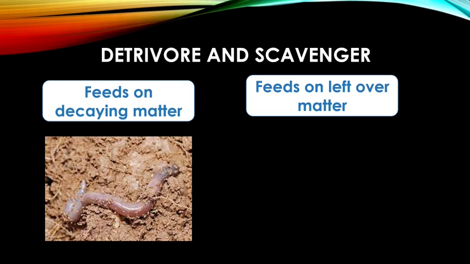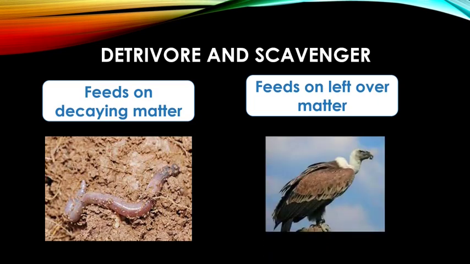It will convert these complex organic substances in the soil into simple inorganic substances, and therefore we say that the soil in which earthworms are raised is rich in nitrogen, phosphorus, potassium and different types of minerals. So detritivores like earthworms feed on the dead decaying matter present in the soil, converting the organic matter into inorganic form.